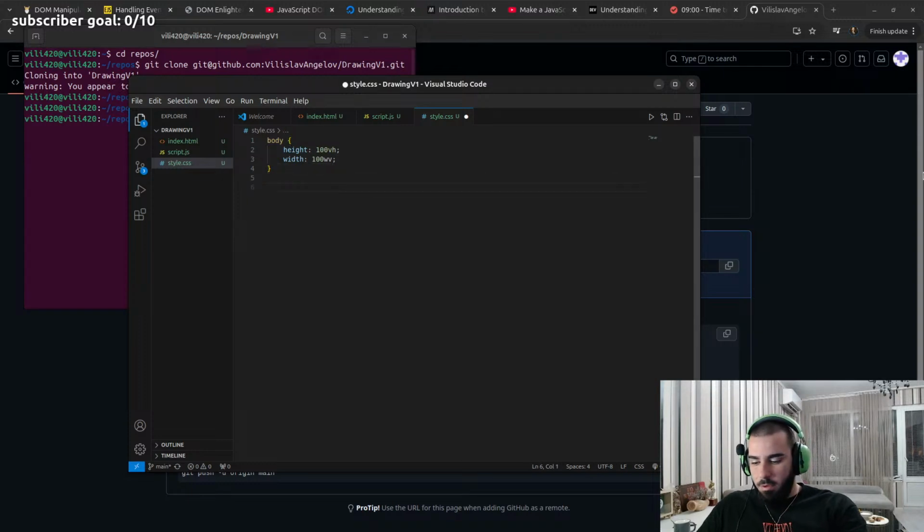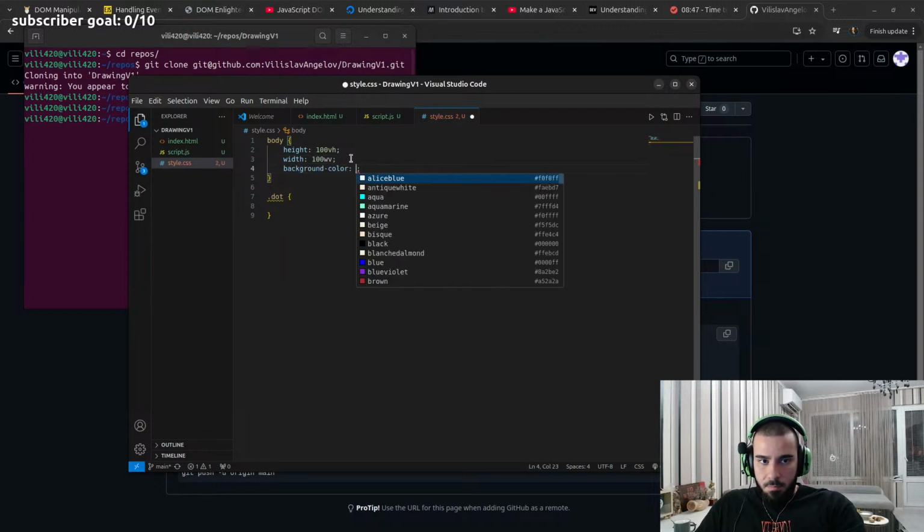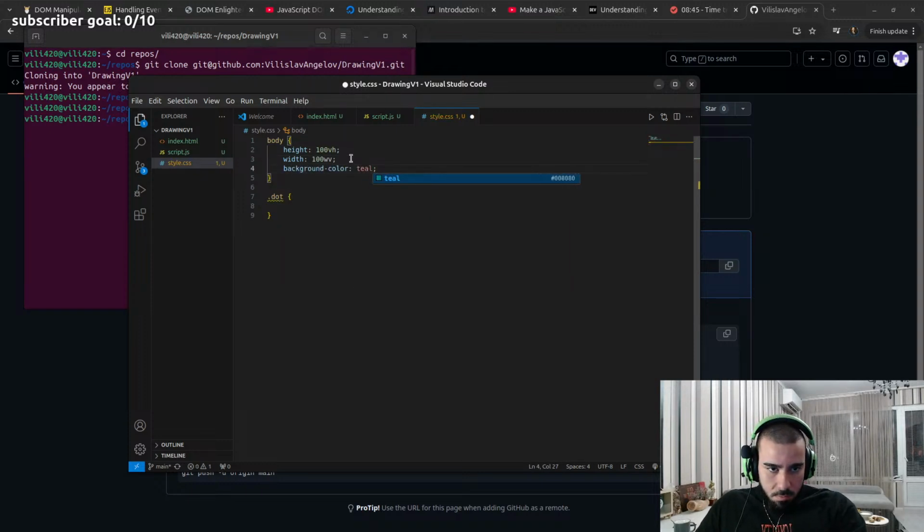Then they have the class dot, which will be, they had the background color here as teal, I believe, or that was the dot, I don't remember, but I'll make the dot with the background color